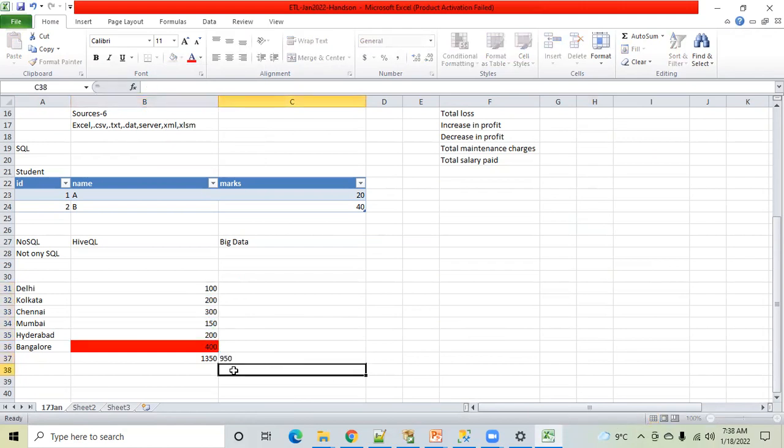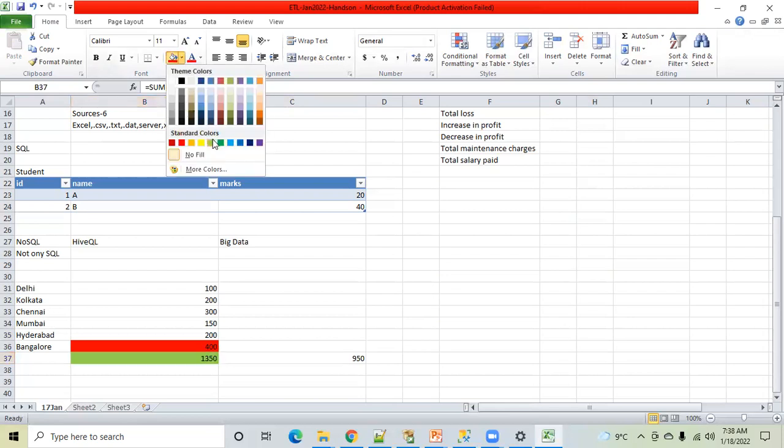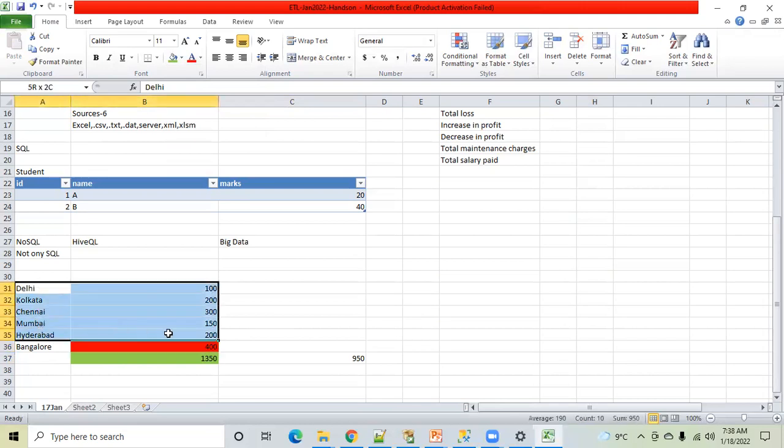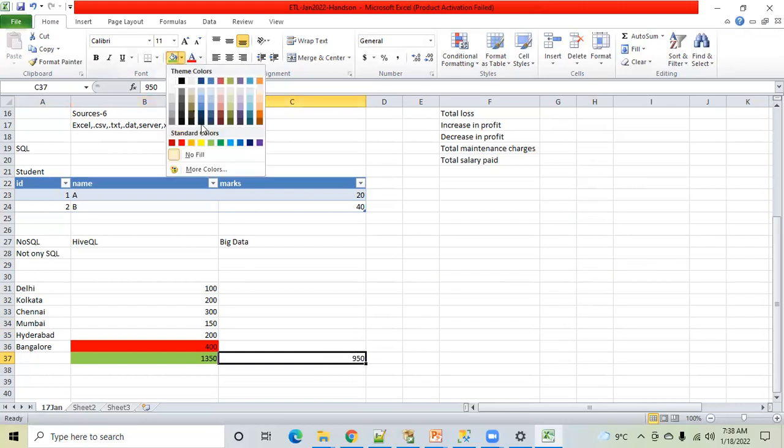So is it correct or incorrect information you are showing to your business stakeholders? Actual was 1350, right? But what has happened? You have not received data from Bangalore. So you thought, okay, I have data from these 5 sources, let's show this number on the report. So now you are showing 950. You are showing that the business has made a profit of 950. Now tell me, is it a correct approach or not? Yes or no? No, sir. No, because you are showing incorrect information.